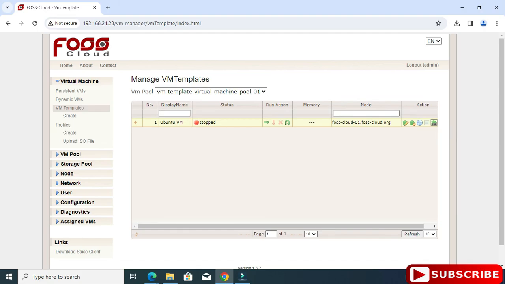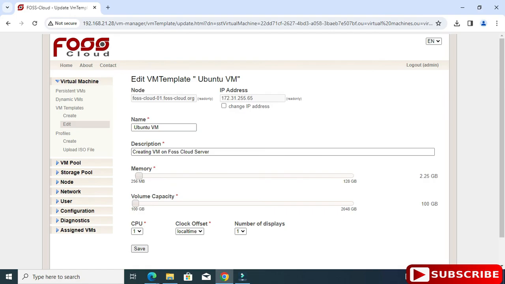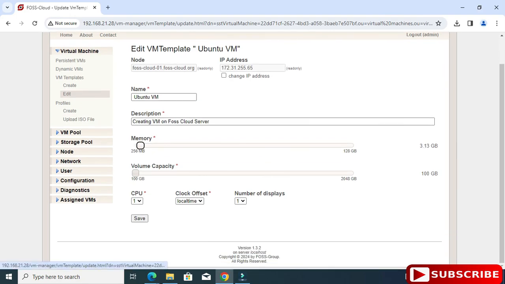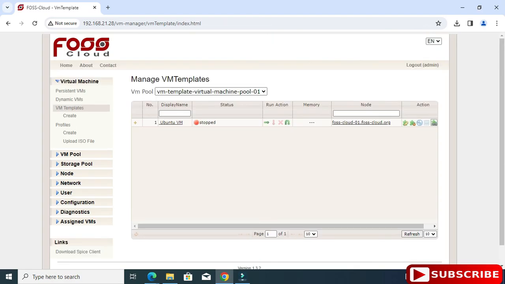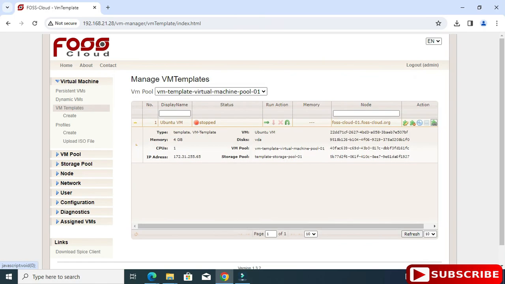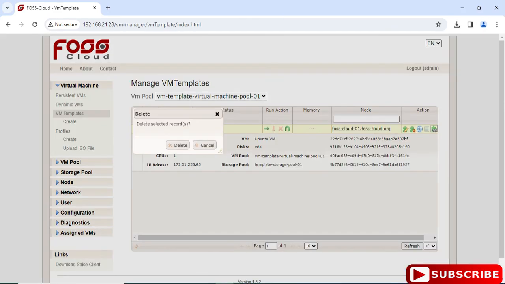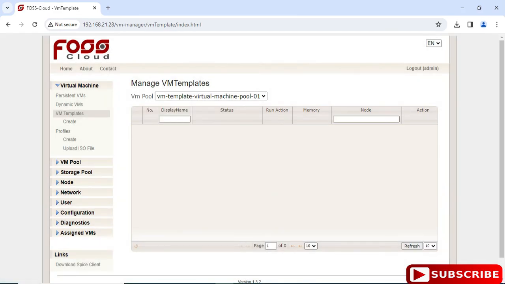So I'm just selecting edit virtual machine, and now here guys, you can see I get this page. So here I can change my memory. So I'm just changing memory from 2 GB to 4 GB, just to show you that yes, after creating virtual machine you can edit, right? So I have just changed my virtual machine memory also. And now the last option I would like to show you, that is the delete option. So suppose you don't want this virtual machine, so you can click on this delete VM. Okay, so it will delete your virtual machine from your server.